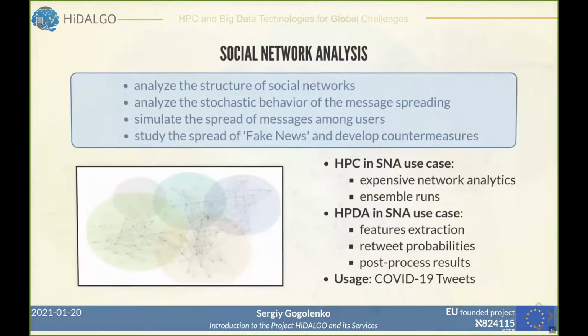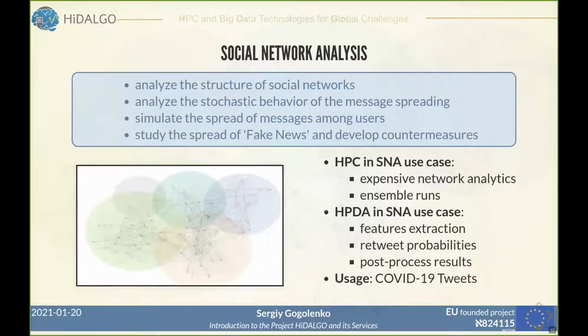Last but not least, we have a social network analysis use case. In this use case, we analyze the structure of social networks and the stochastic behavior of message spreading. We also simulate the spread of messages among users and study the spread of fake news in order to develop some countermeasures. In this use case, HPC is used to